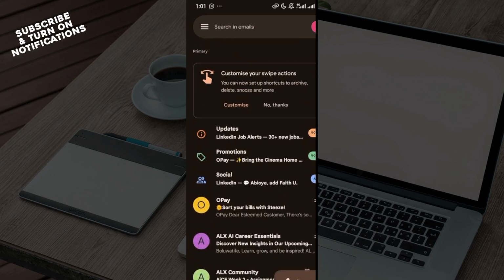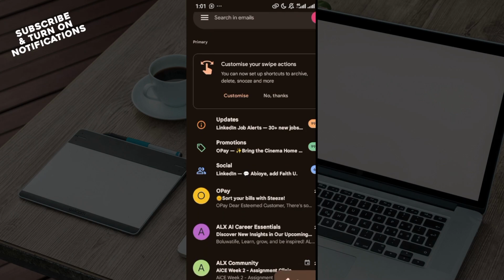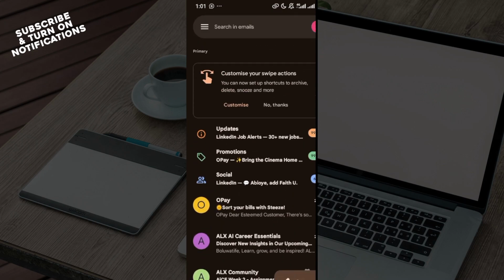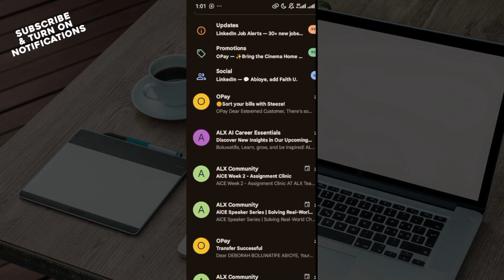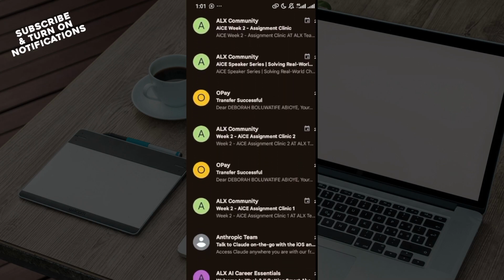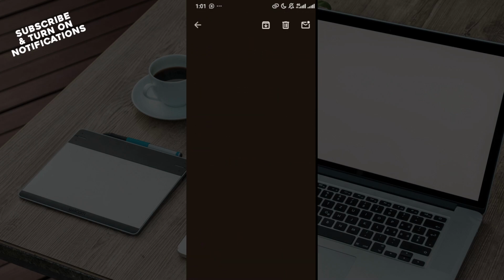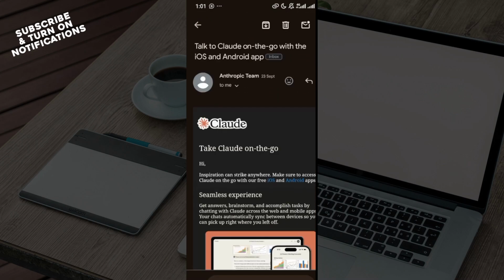In this tutorial, I'll show you how you can unsubscribe from emails in Gmail. So let's go. The first step is for you to log in to your Gmail account, and once you're on the app's interface, open the email from the sender you want to unsubscribe from. Okay, so just open the email, and after opening the email, the next step is for you to locate the